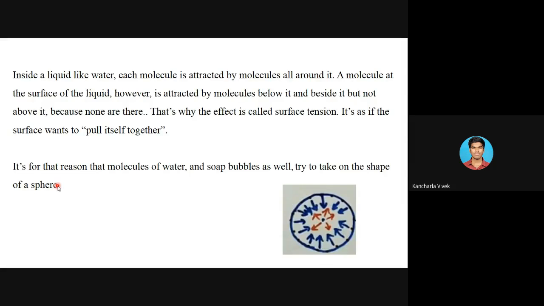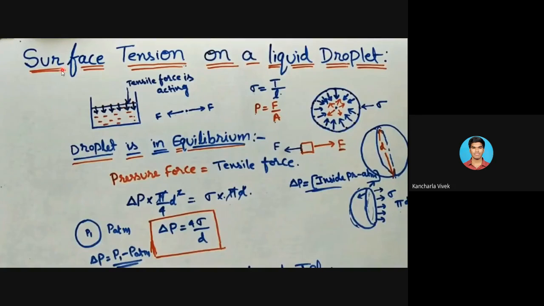So let's take some conditions. Suppose we now want to derive an equation for surface tension on a liquid droplet. We take an example of a liquid droplet. So obviously, when I take some bowl and fill it with water, the topmost surface, what happens here? Whatever the water molecules present in the topmost surface, they are pulled by the inner water molecules. So these inside water molecules pull this top layer